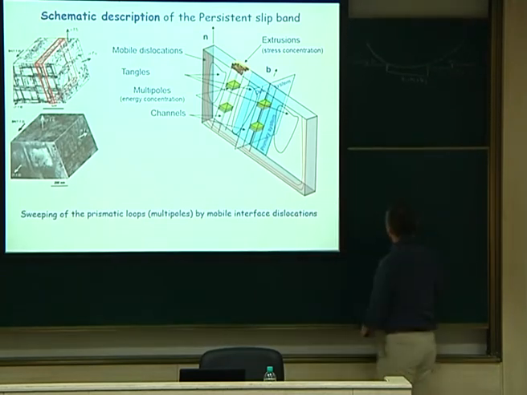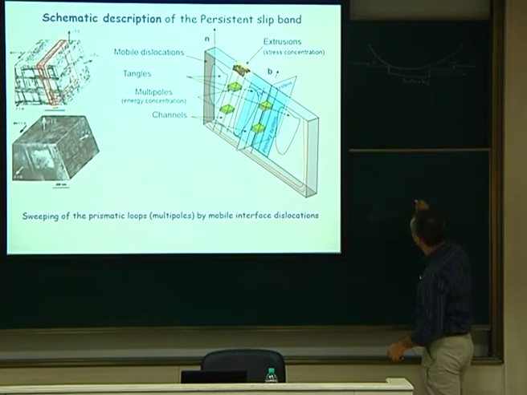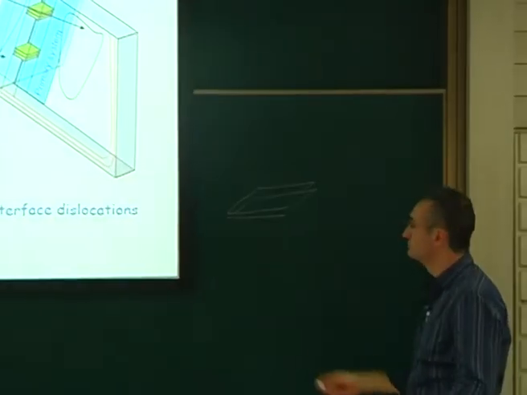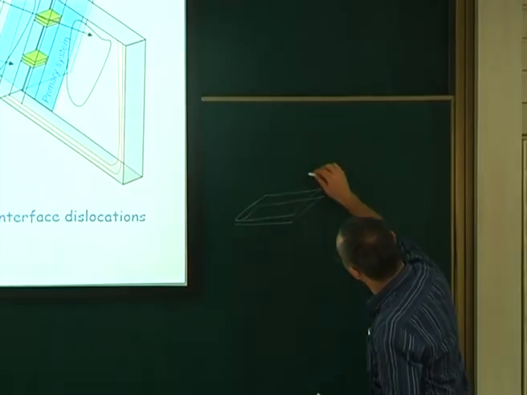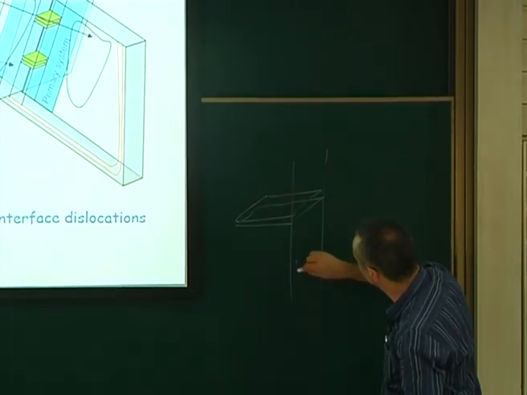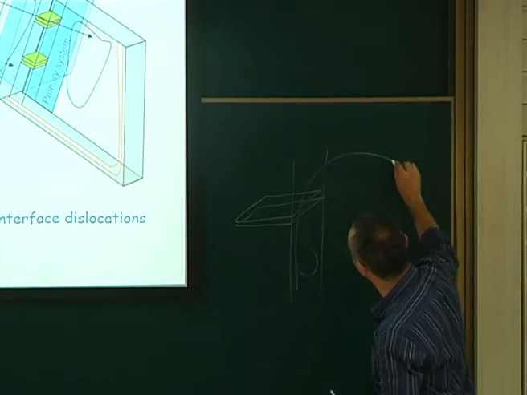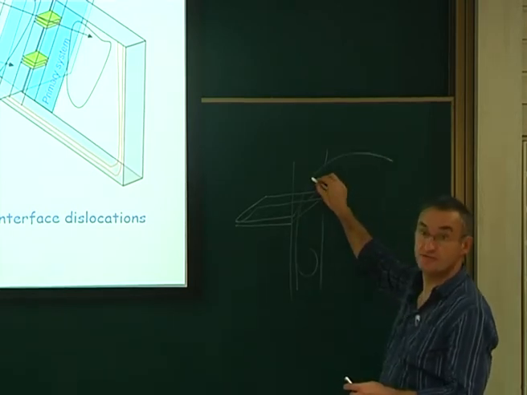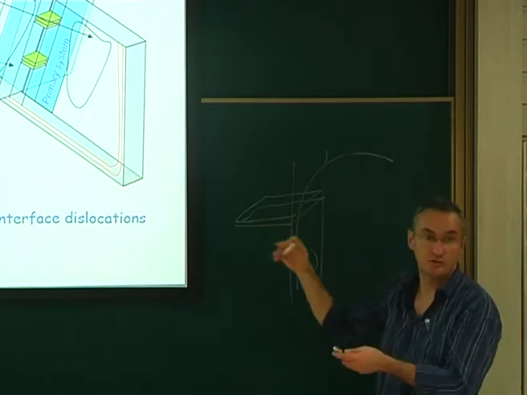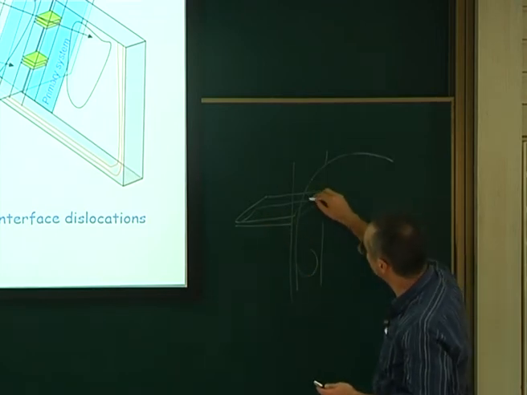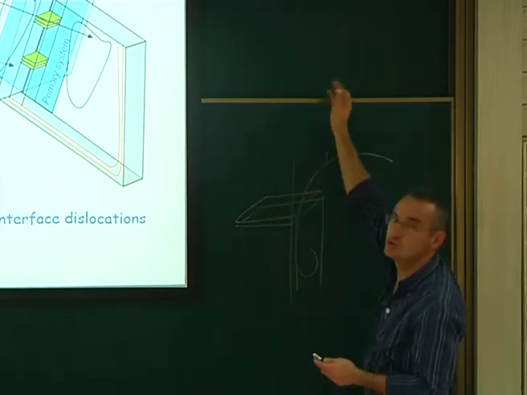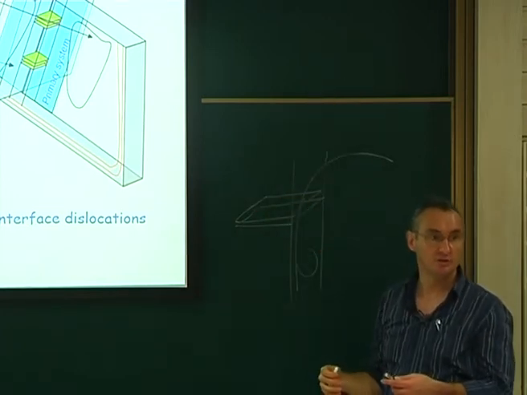So let's assume that you have your prismatic loops which are here, like this. Okay, 2 dislocation loops. You can have thousands of them. If in the plane here, very close to that plane, you have a Frank-Read source which is coming, the dislocation will have a stress field. The stress field will be very high compared to the applied stress field. Locally, it could be high. So it will interact with those two and a little bit with these two, and then this will sweep your dislocation out because of the gradient.